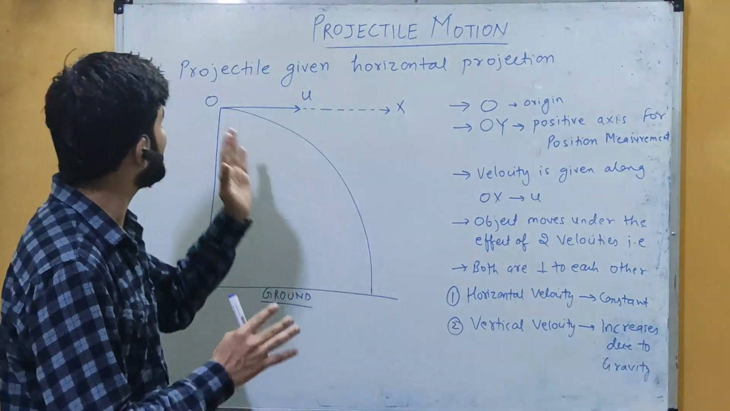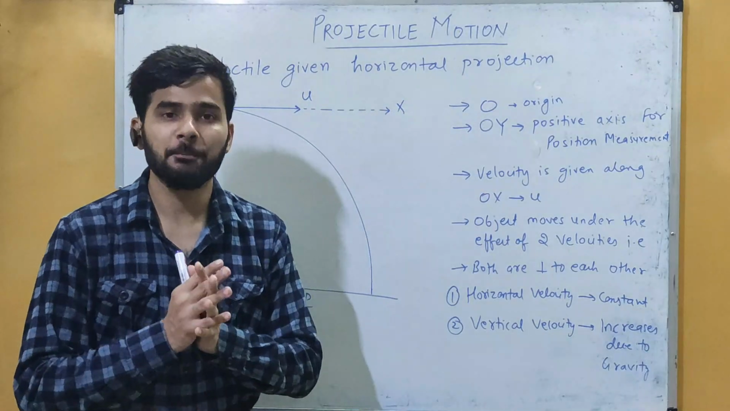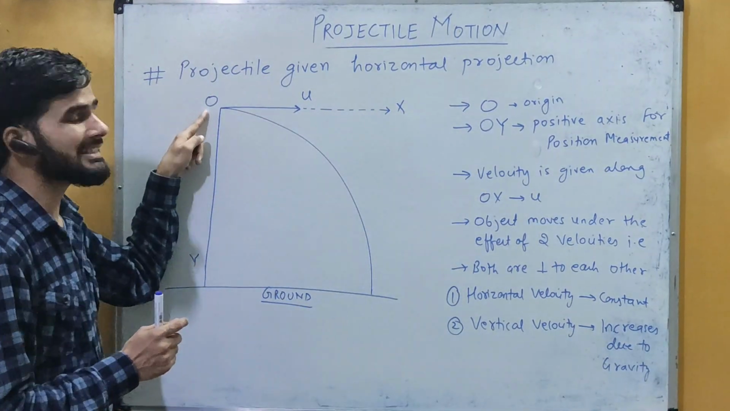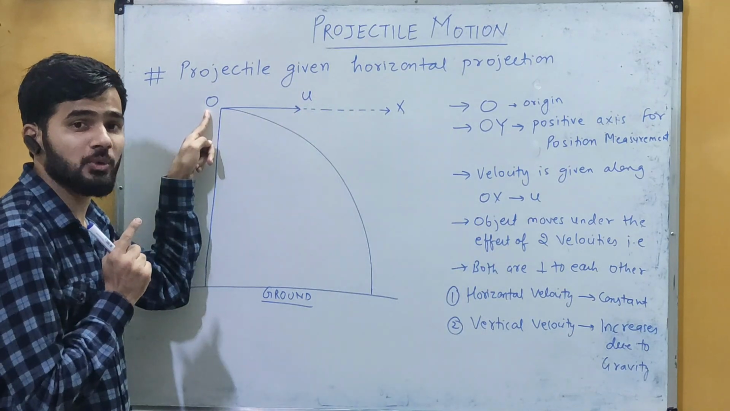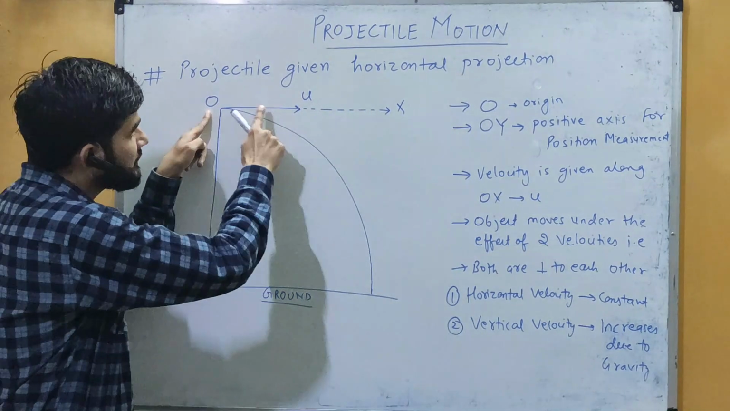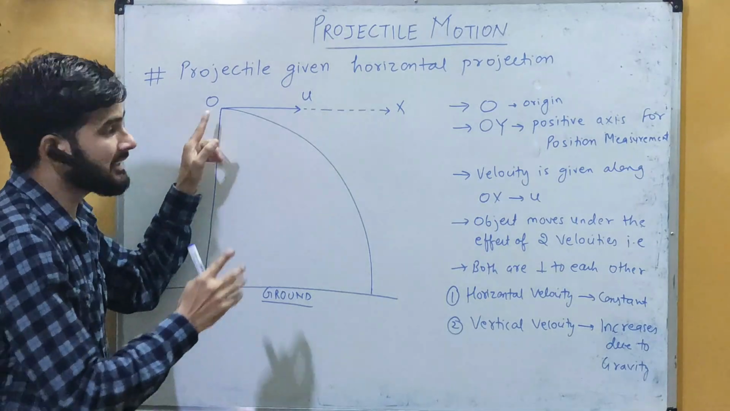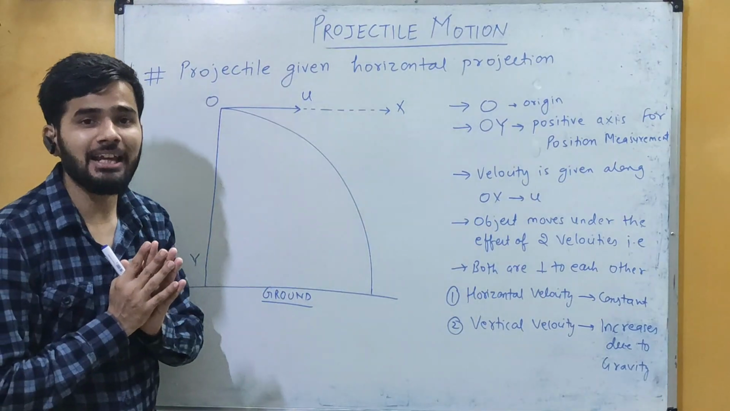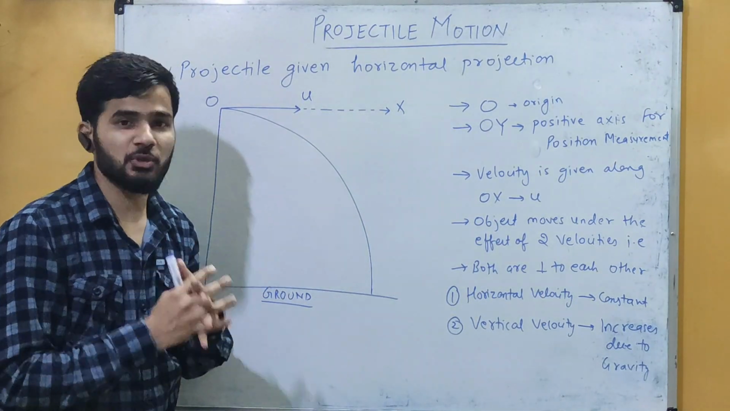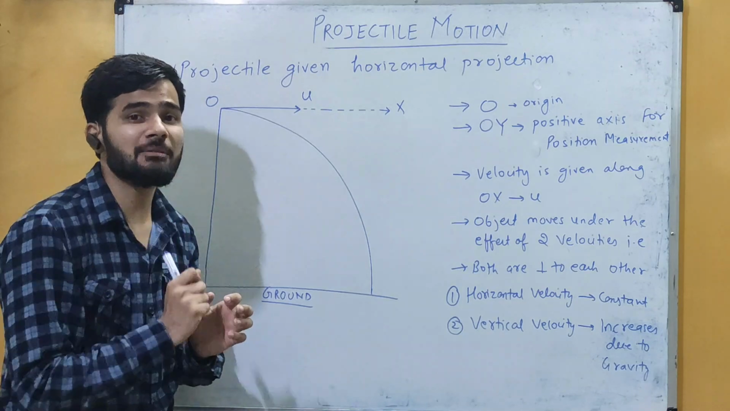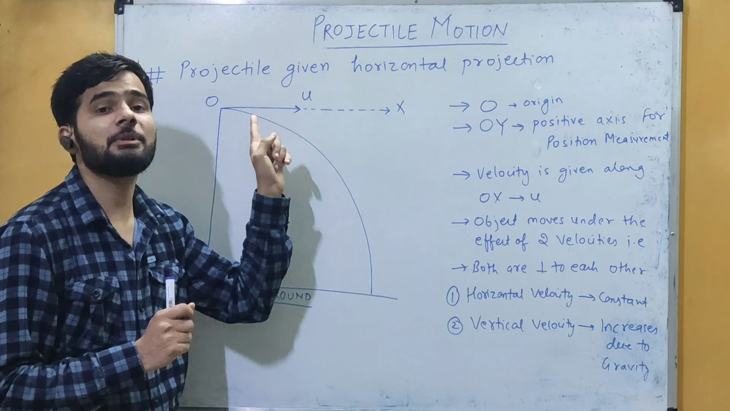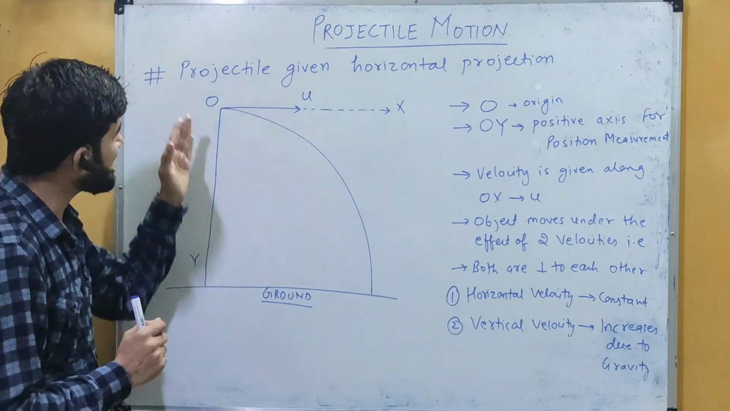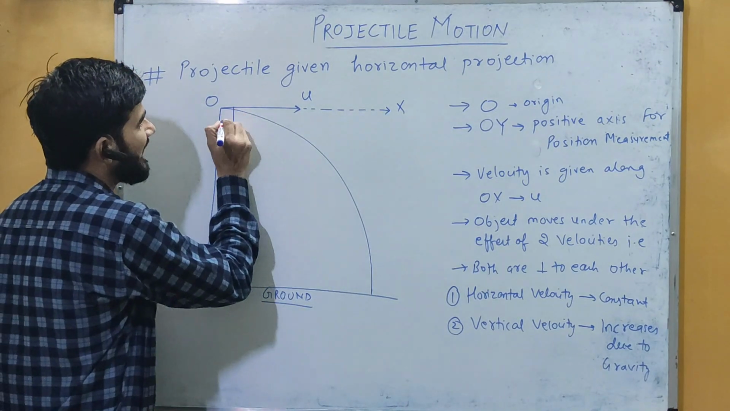Now the first one is the projectile given horizontal projection. In this, suppose you are standing at this particular point and you are throwing any object in the straight forward direction and the object moves towards the ground. Such kind of motion is called projectile motion given horizontal projection. और यहाँ पर जो एंगल की हम बात करते हैं वो horizontal के साथ जो एंगल है वो कितना हो गया? That will be equal to 0 degree,